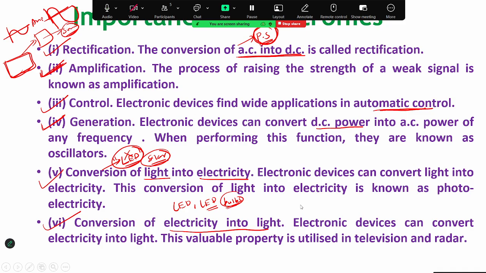Sir, can you explain this control? Basically, control means, if you consider a refrigerator. In the refrigerator, if you want to set the temperature, suppose you want more cooling, outside there will be some buttons. If you press the buttons and decrease the temperature, inside the temperature will be decreased. That is control.